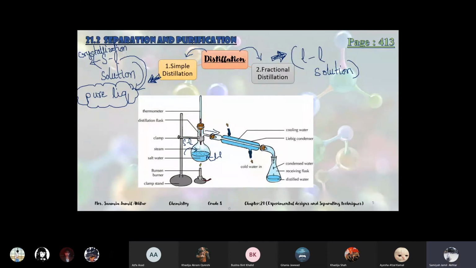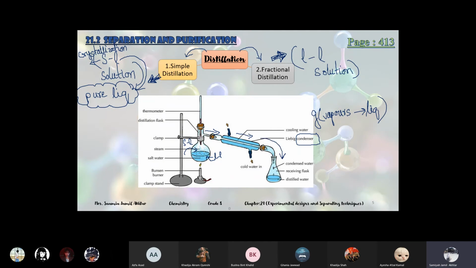This is called the condenser, which I told you about in the apparatus diagram also. The condenser condenses gaseous vapors into liquid. In the end, after passing through the condenser, we will get liquid in the other receiving flask.